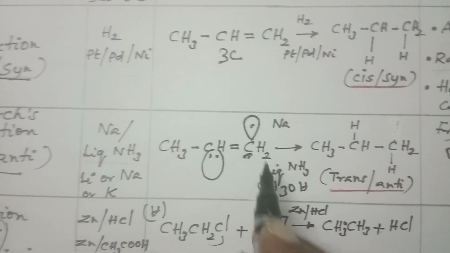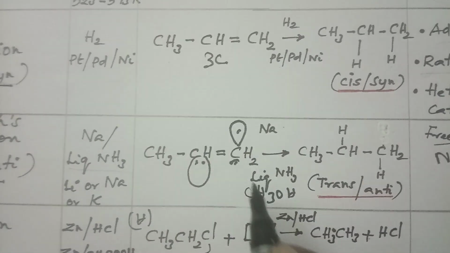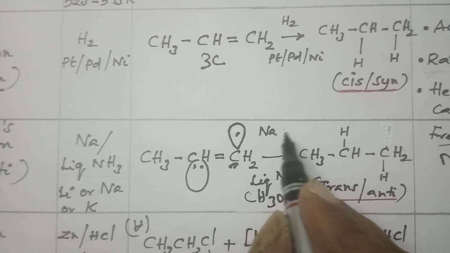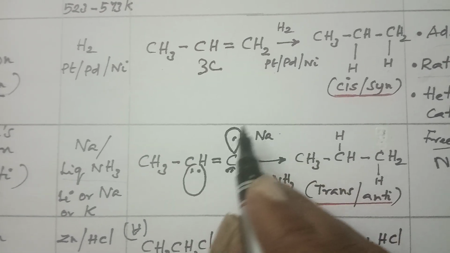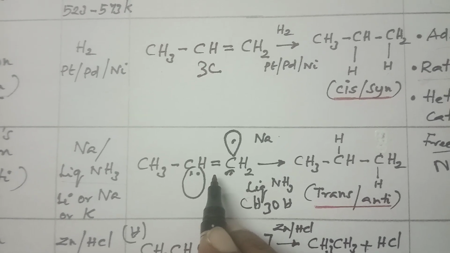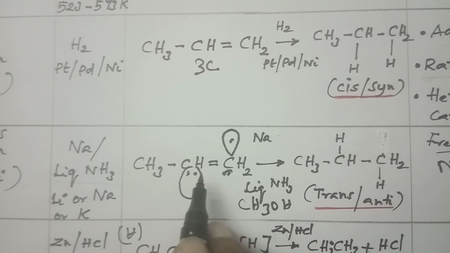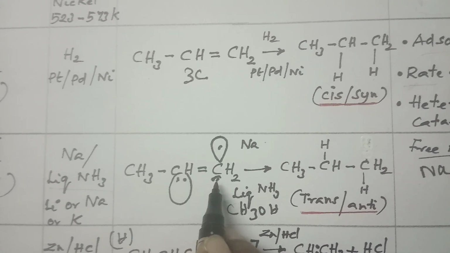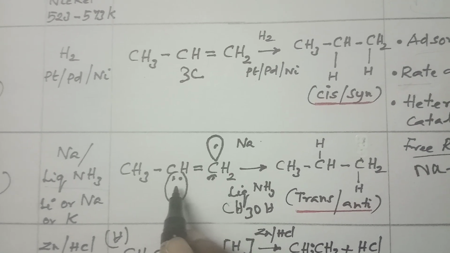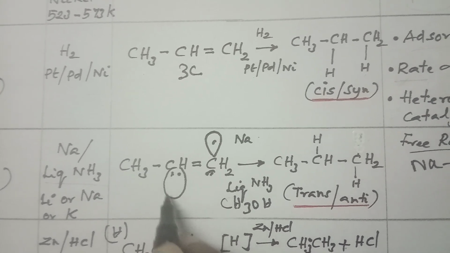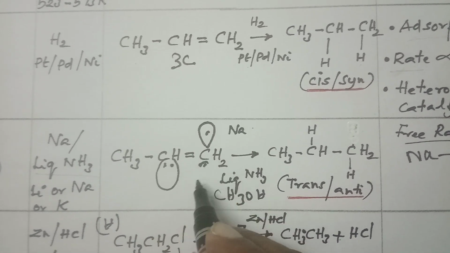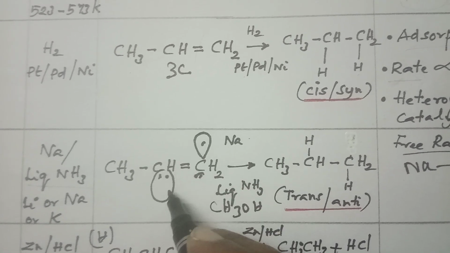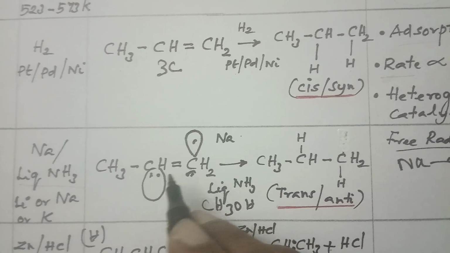Now I am giving the same propene here. So what is happening here? The sodium is electropositive and gives one electron. The electron approaches here and it follows the free radical mechanism. One of the pi bonds is cleaved by homolytic cleavage, and both carbon atoms have one free radical. The incoming electron combines here, forming a lone pair on the carbon atom also. So both repel each other and occupy opposite positions. Now the hydrogen comes and joins here.